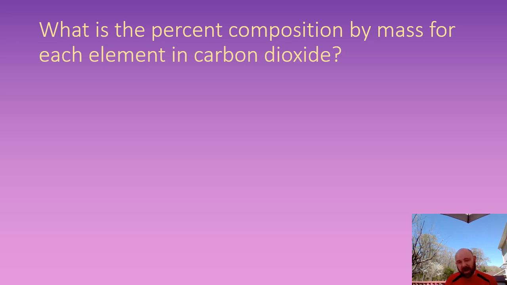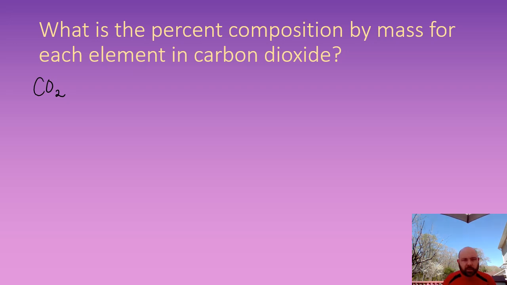Since carbon does not have a prefix, we can assume that there's only one carbon atom there, and the prefix di on oxide clues us into the fact that there would be 2 oxygen atoms there. So the formula for carbon dioxide, therefore, is